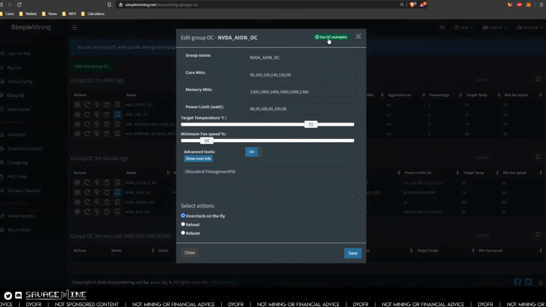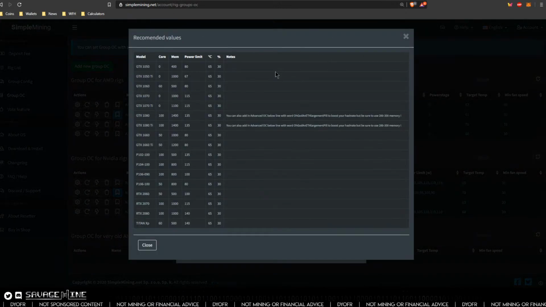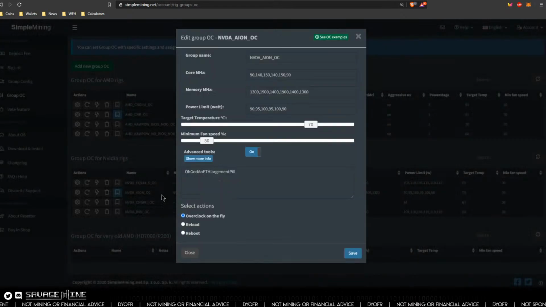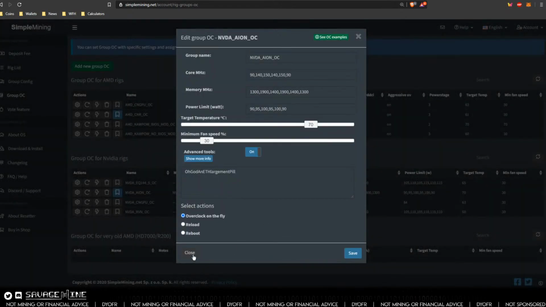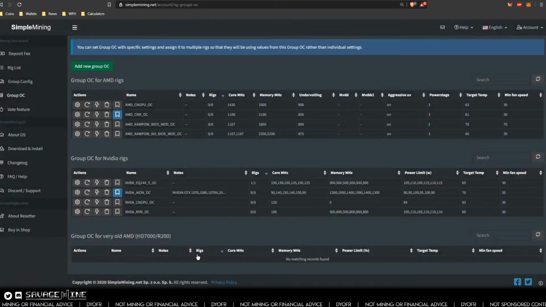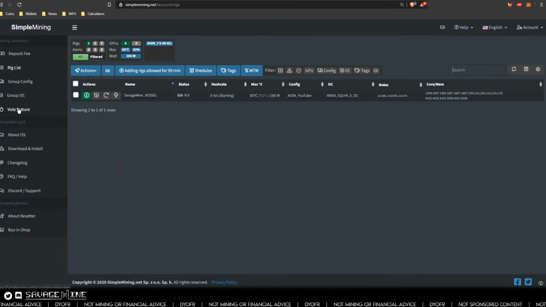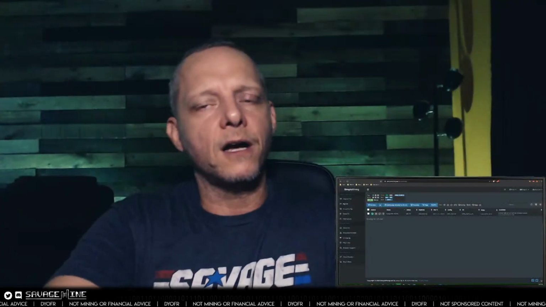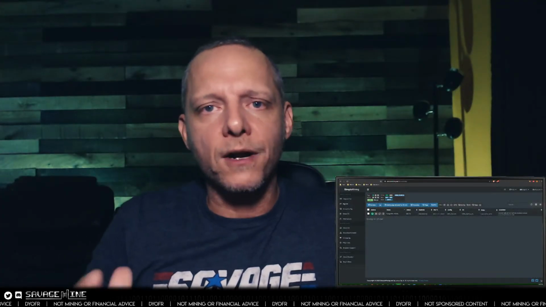But if you click on OC examples, you can probably get some pretty good ideas about what to set in there for your overclock settings. This is something kind of new for Simple Mining, that they've given you a pretty good little guide, a little start. I like that. It was one of the things early on getting started with mining. It seems like, anyway, in the past, it's always been kind of a pain to get that part of